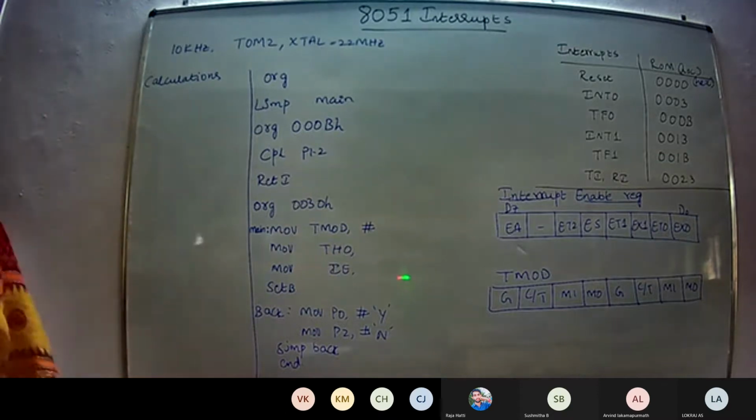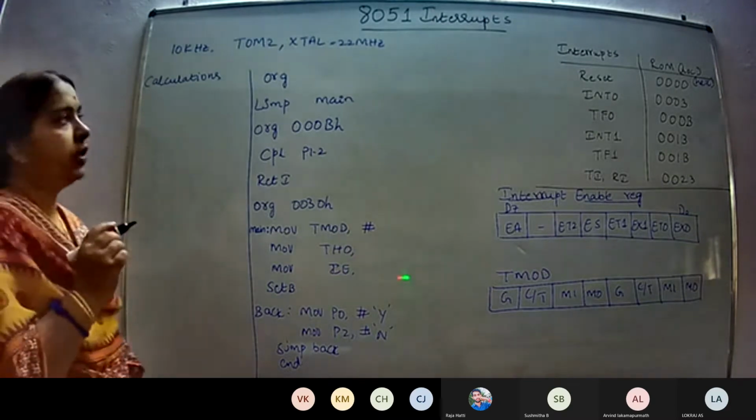So they went with the concept of interrupts. Whichever device wants service will interrupt the microcontroller. The microcontroller will stop whatever work it is doing, go and provide the service, and then come back and resume its work. That is the concept. We have 6 interrupts here in the microcontroller.